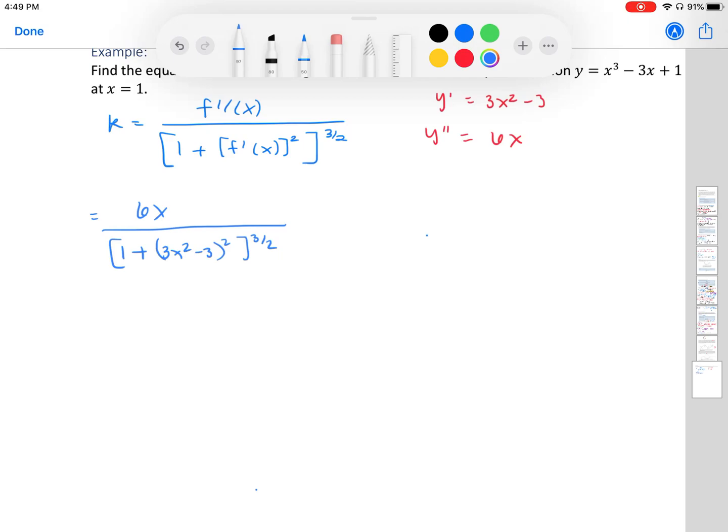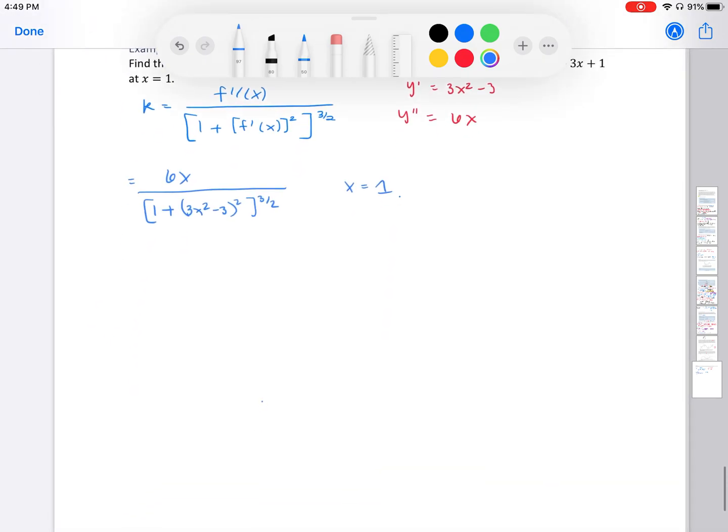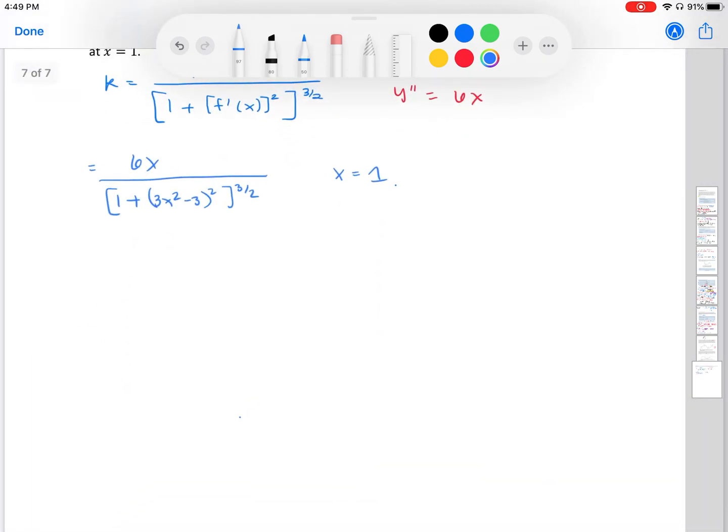Okay, so we want to plug in when x is equal to 1, right? That's what we're told. If we plug in 1, we get that our k is equal to 6. Well, to find our radius r, that'd be 1 over k. So we have 1 over 6. So we're saying at x equals 1,